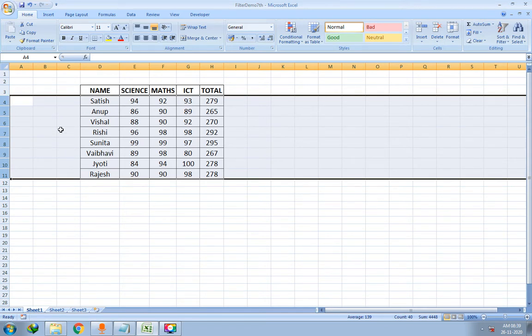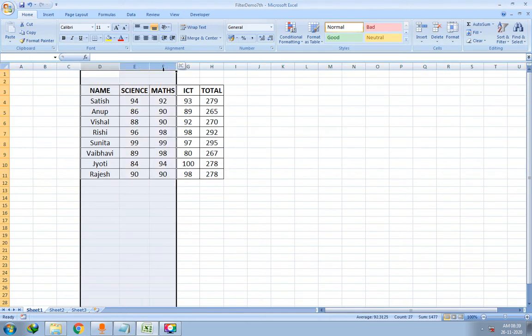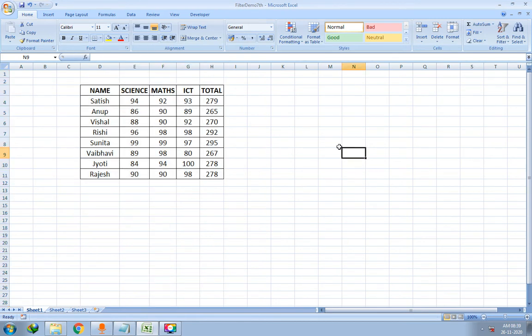We already know that a horizontal series of cells is called rows. So there are 8 rows and 4 columns, 1 2 3 and 4. Okay, 5 columns are there, right? There are 5 columns. So in order to change the data, we will see what are the different actions associated with that.